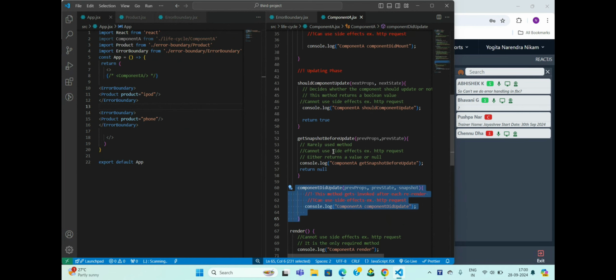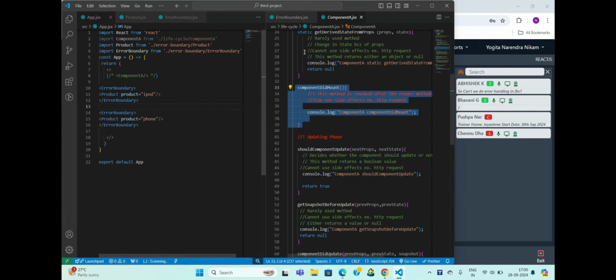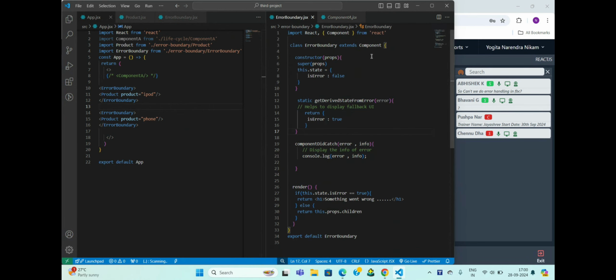Even though we cannot use them in functional based, we can definitely achieve their behavior in functional based. So that concept has been found out, and we will also study how to achieve its behavior. This concept has been updated, but talking about error boundary, we are still working in class based only.